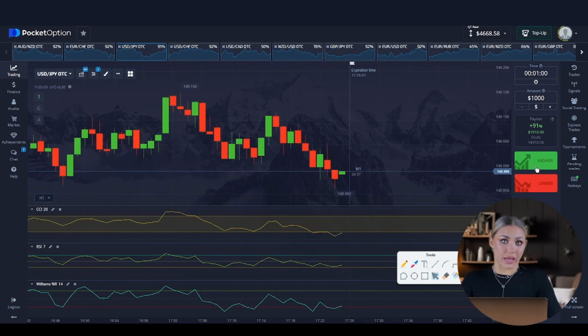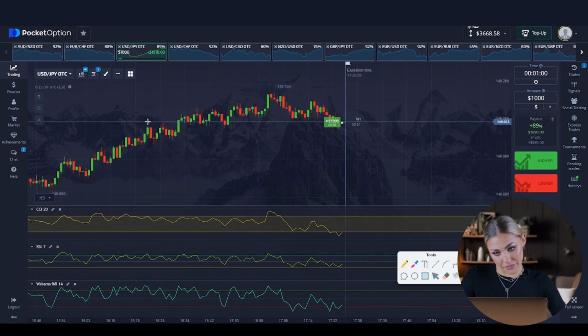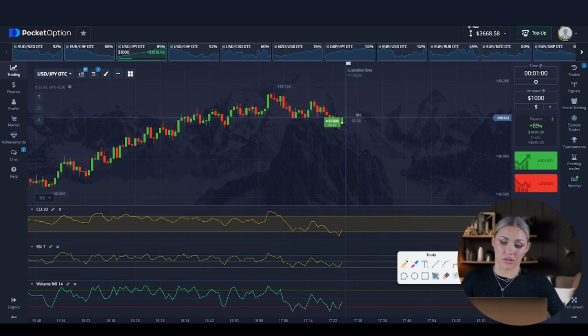And let's continue. Now I'll open a call option on the USD/JPY currency pair. Let me explain the entry logic. The price previously rose, then entered a sideways movement, and is now moving from level to level. And since the price is starting to rebound from the support level, I opened a call option instead of a put option. If there were consecutive large red candles, I would have considered a different scenario. However, in this situation, the price approached the level hesitantly, slightly pulling back, indicating that it should start rising, bouncing